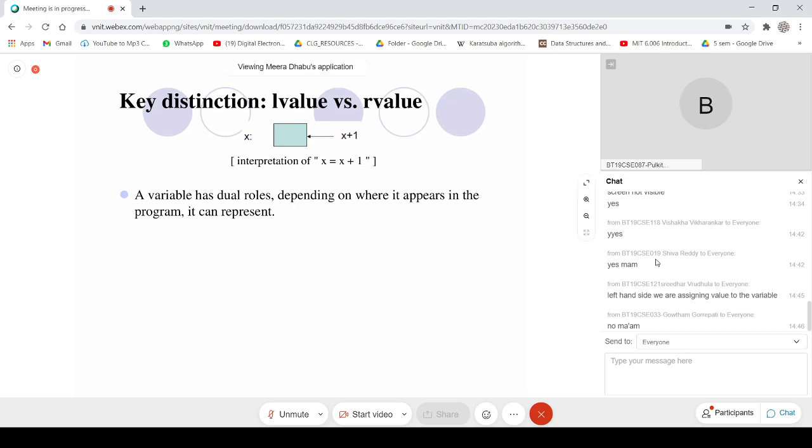The presentation is still visible. No, the one which you were showing earlier.